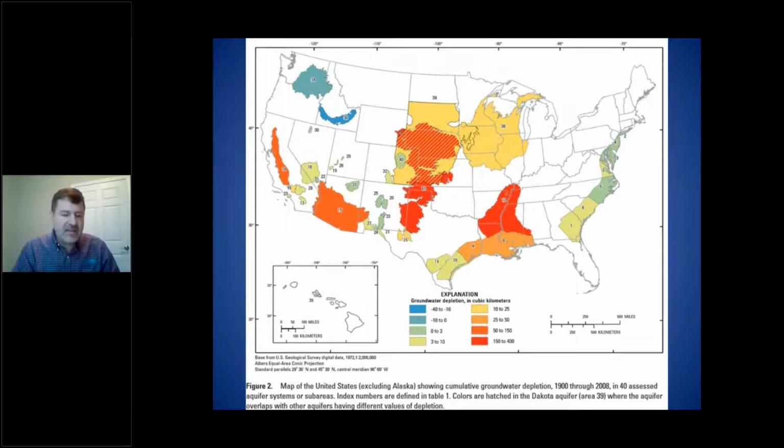This is a map showing the groundwater depletion around the United States. And again, take a look at that. We can see the Ogallala Aquifer, a little bit down in the alluvium and down in Arkansas, but that is not used for drinking water. That is used for agriculture. So a lot of the same places you see problems with nitrates and groundwater, you see very, very heavy irrigation levels. That changes the whole water cycle and how nitrates are entered into the drinking water.